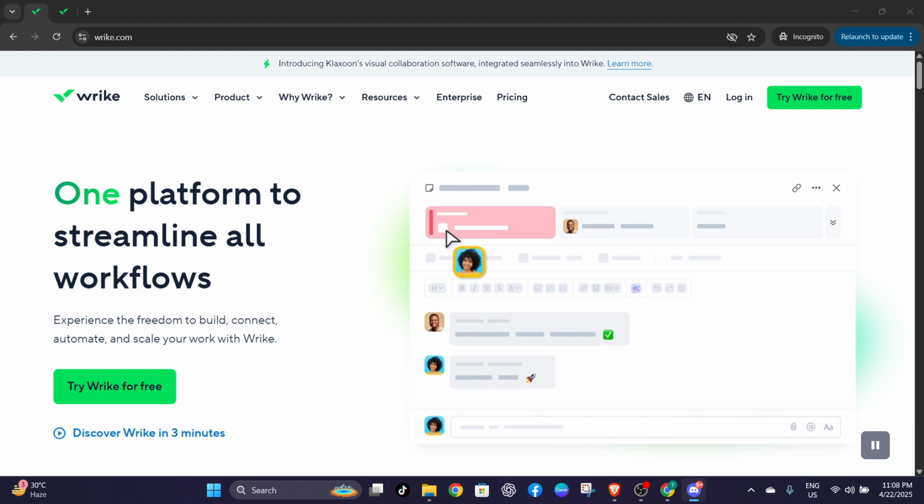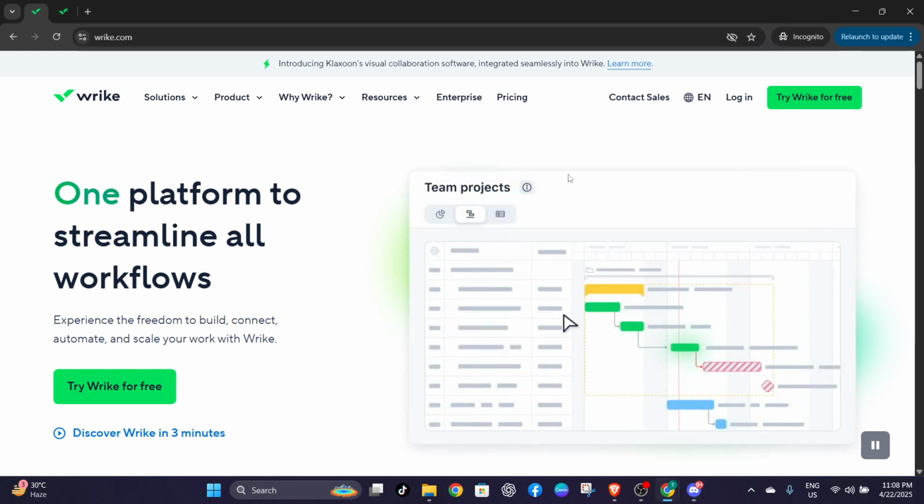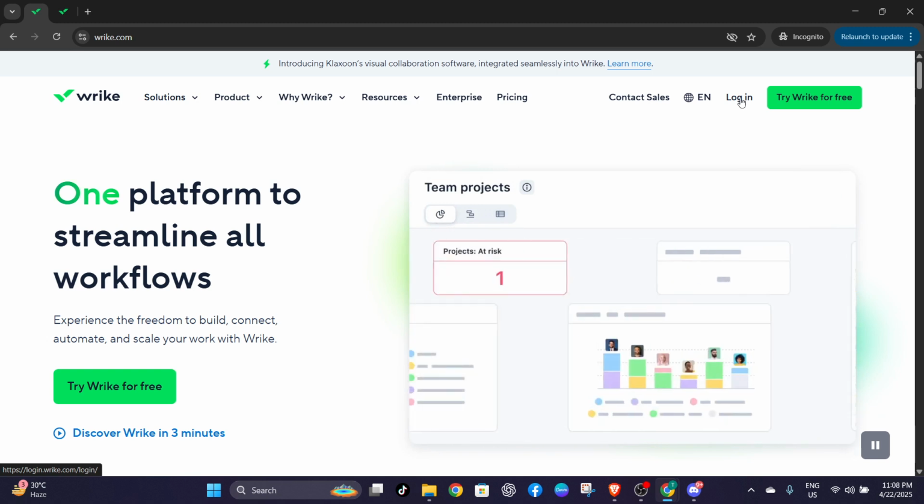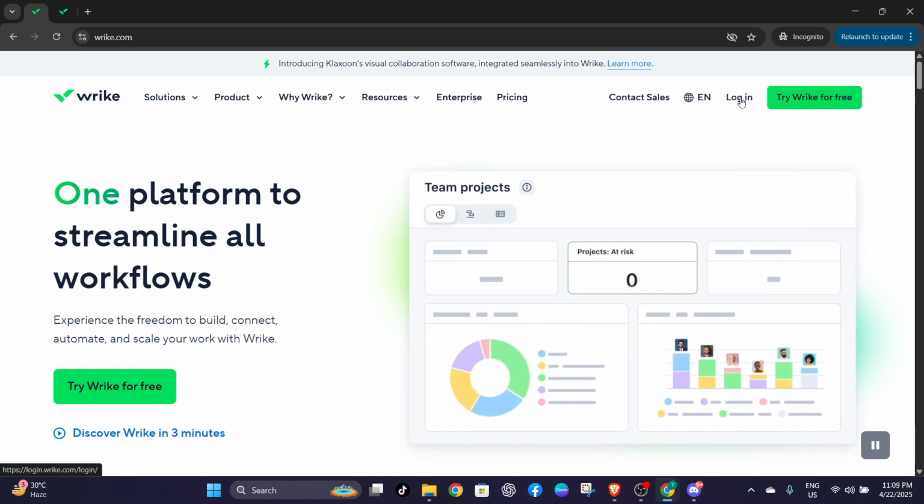First, you'll want to open your web browser and go to wrike.com. Once there, look to the upper right corner of the home page where you'll find the login button. Click on that and then enter your email and password to access your account. Logging in, of course, is a necessary first step to ensure you have the right permissions to access your account